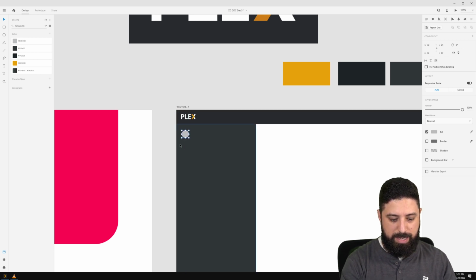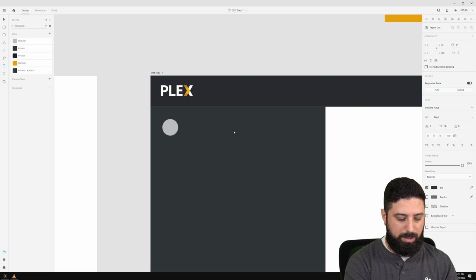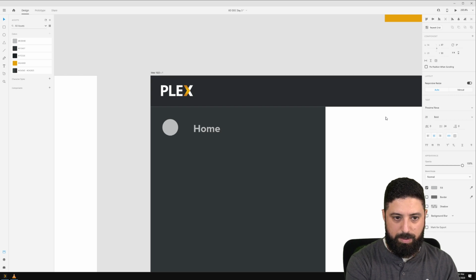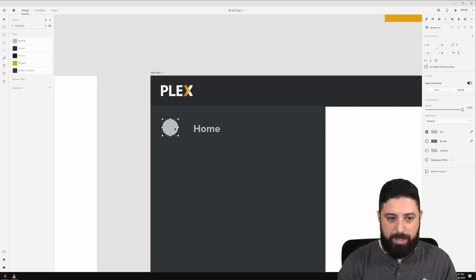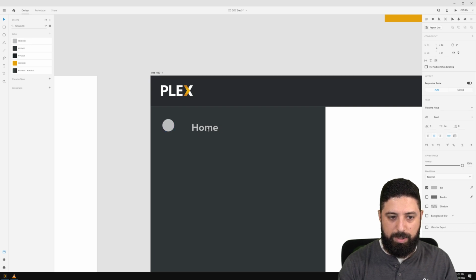We'll pull that off the edge and move that up. Then I'm going to add some text here, and this is going to say home. Again, we'll make this that lighter text. Okay, and we're going to bring this down in size because that's quite large. I'm going to bring these down too and lock that, so that makes them all the same. I think something like that. We could even bring that down a little bit more.